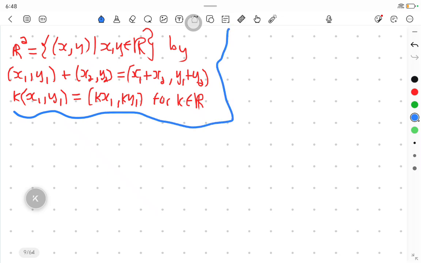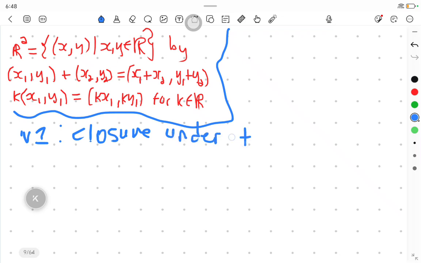First thing that we need to do, we need to check closure under addition. All right, we can check closure under addition. This is the first thing that we need to do. So I saw with you guys, you're saying V1, then you don't just say V1, you must say closure